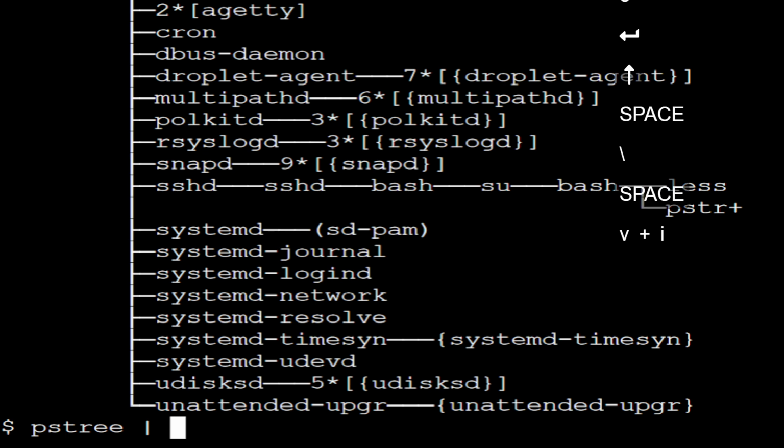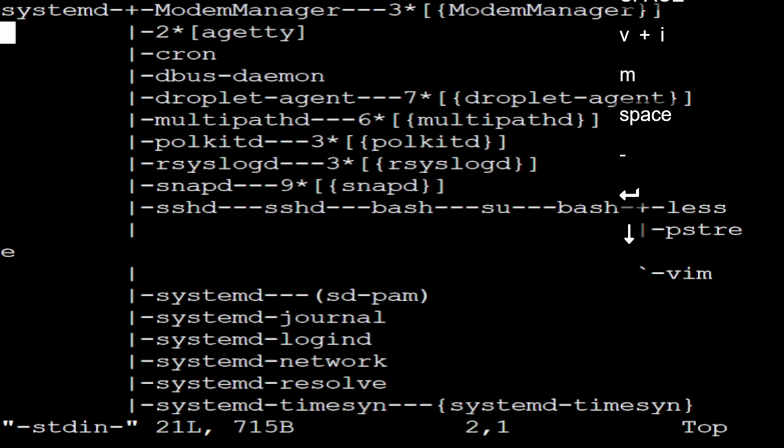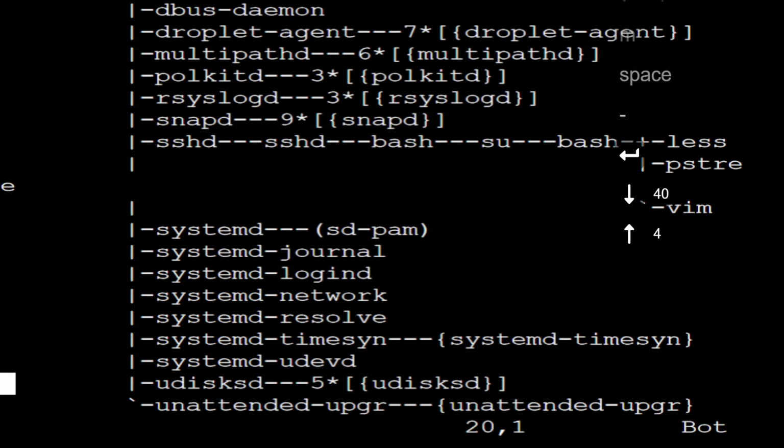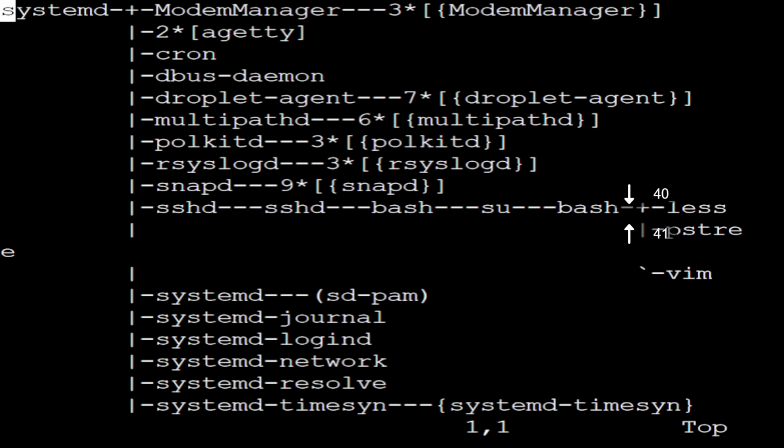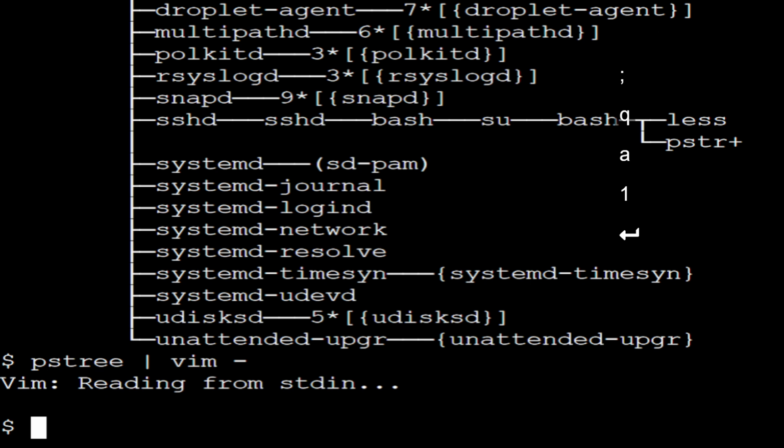Again, pipe to Vim. You can see what process draws from what and what they do. You have this particularity for DigitalOcean: it's a droplet agent here. Why am I writing it? So let's